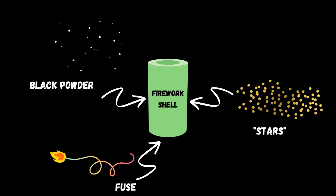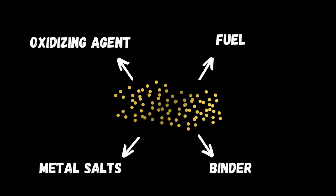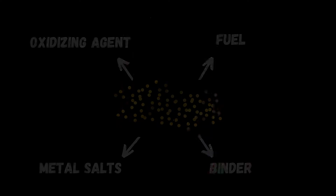Within the central tube of a firework is packed gunpowder, explosive stars, and a fuse. These stars are what actually creates the firework. They're made of an oxidizing agent, fuel, metal salts for color, and a binder to keep it all together. Once the spark is lit, the oxidizer and the fuel produce light and heat, causing the metal salts to burn